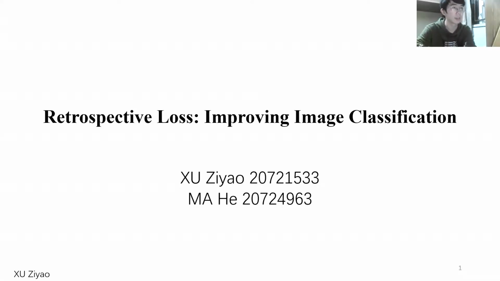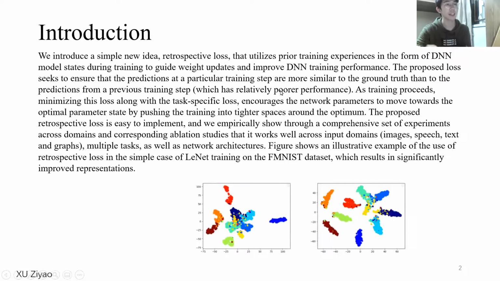Okay, hello everyone. Our group will present Retrospective Loss for improving image classification. First is the introduction. We introduce a simple new idea, retrospective loss, that utilizes prior training experience in the form